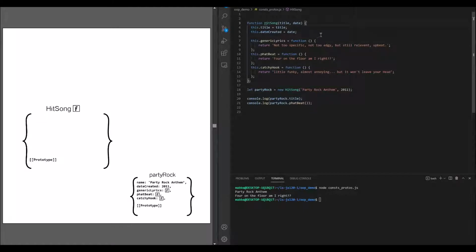I'm not going to go on a deep dive into the this keyword. That's for another video. There's a lot of other resources that you can look into to learn about the nuances of the this keyword. But let's just cover a couple things real quick. If we were to invoke this function, hit song, down here without anything else, just invoke the function, then in this context, this would be referring to the global object, or if you're in the browser, it would be referring to the window object,